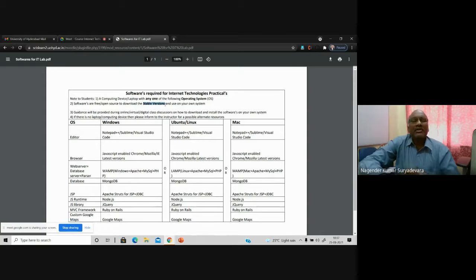Some of those tools will not be useful for you. So I'll say that it is a stable version. I will tell you whenever I'm discussing. See, this is a general document I just prepared for you to have an idea. Those who want to do it can do it, and those who don't know how to do it, as and when the topic is covered, I will ask you to install it, do the exercises and submit it. At that time, I will tell you which version and from which location or source you need to download those things.